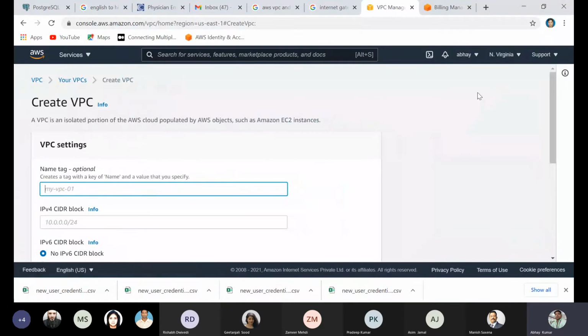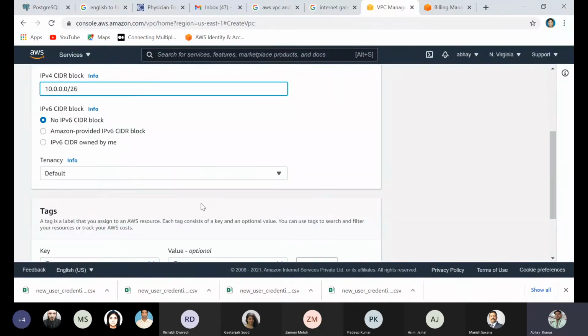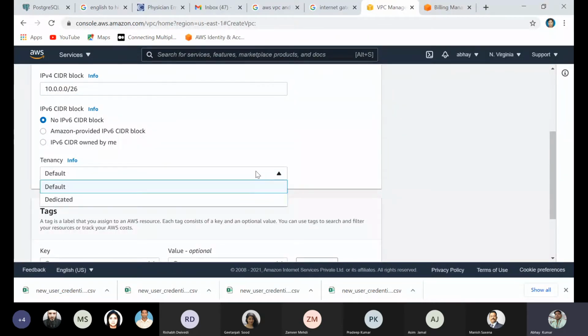Here you can select create VPC, and your VPC name is test VPC. The CIDR block is 10.0.0.0/26. Default tenancy: yesterday I told you the meaning of tenancy, there are two types, default and dedicated.